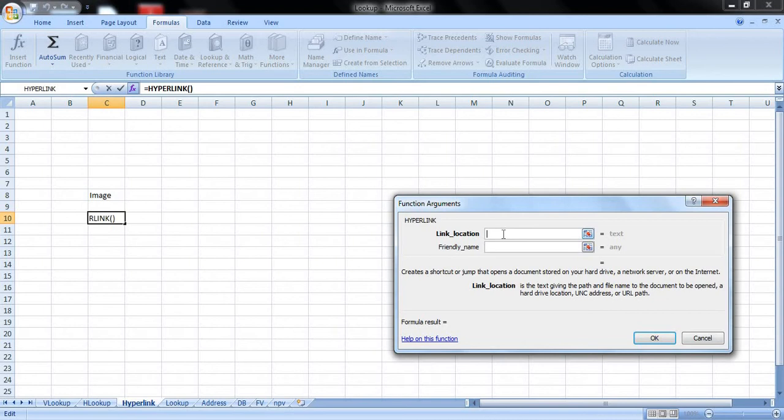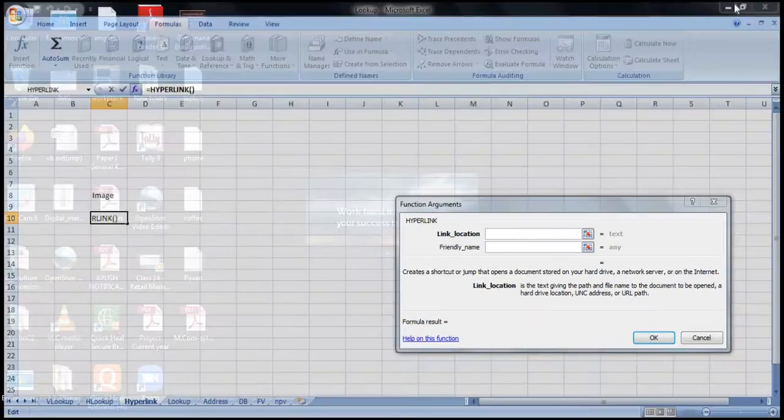Link location, we can give it here. Link location will have to search where the data is available. What we can do for it is search for a particular image if you wish to open an image and check out where exactly the image is available.